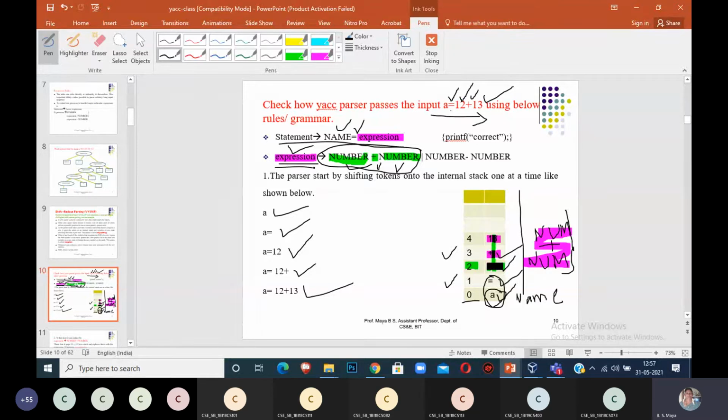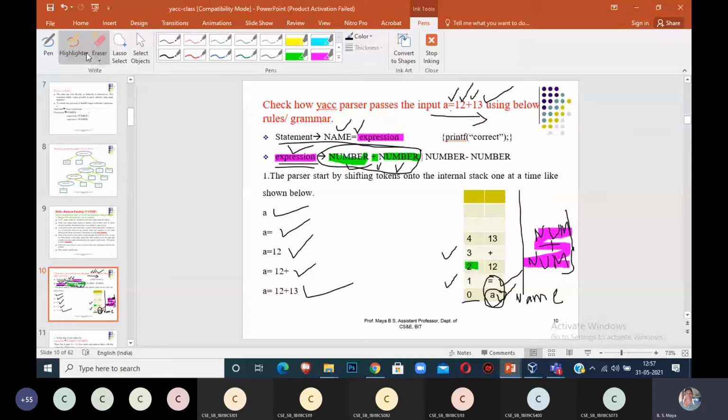See, how to replace? Before you replace, you should pop all the symbols of the body of the production, only those things. 13 plus 12: these three symbols you have to pop from the stack.